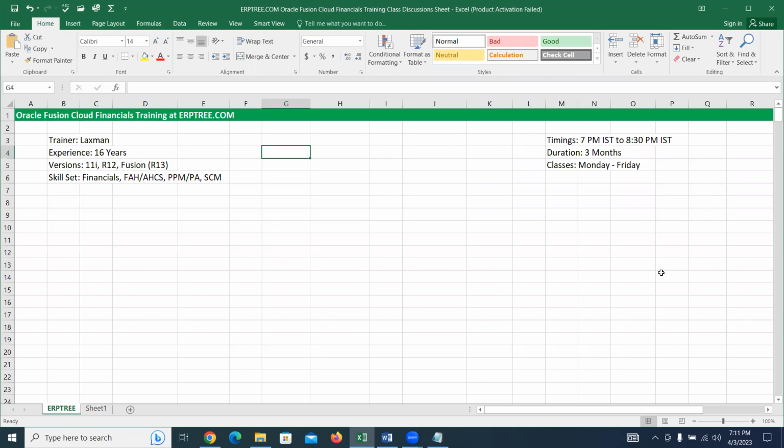But if you have access to the Fusion Financials application, you will be able to manage. Even if you don't know much accounting, after learning this course, you will acquire the skill level required to work as a financial consultant.